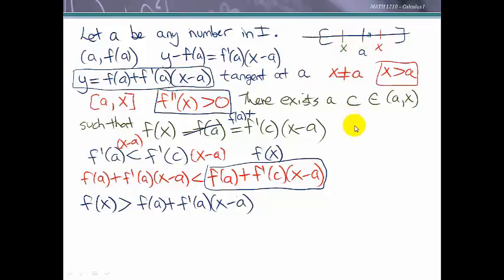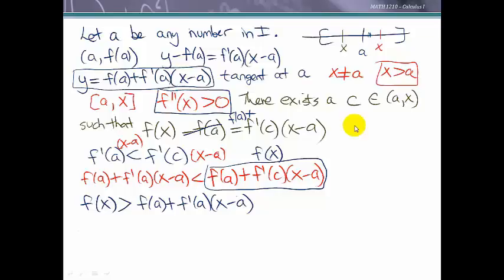Well, if x was less than a, then we know that the derivative at c is going to be less than the derivative at a, so this inequality sign right here would have to be the other way. But then when we multiplied both sides of the inequality by x minus a, because x was less than a, that would be a negative quantity and we would have to turn the sign the other way. So in the end, we end up with the same result, whether x was greater than a or x was less than a. That result being that the function is greater than the tangent to the curve, therefore the function is